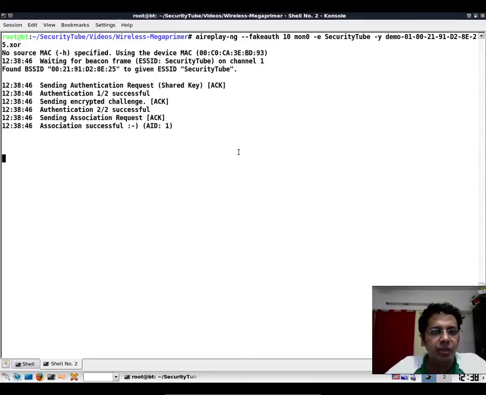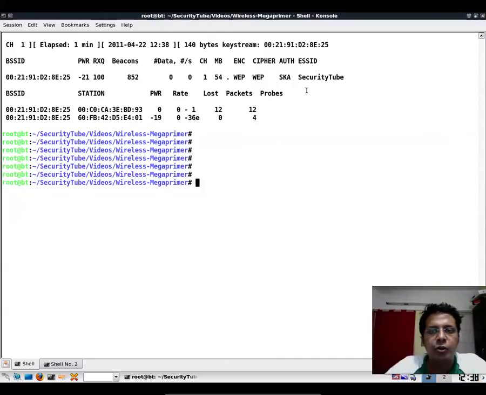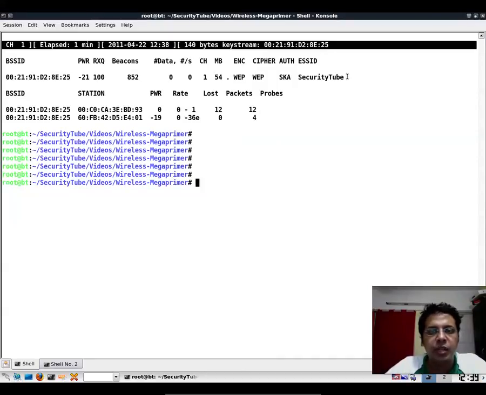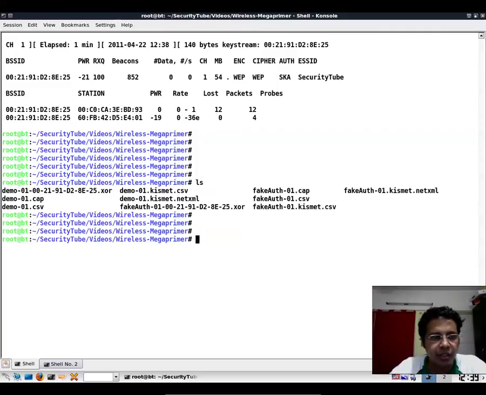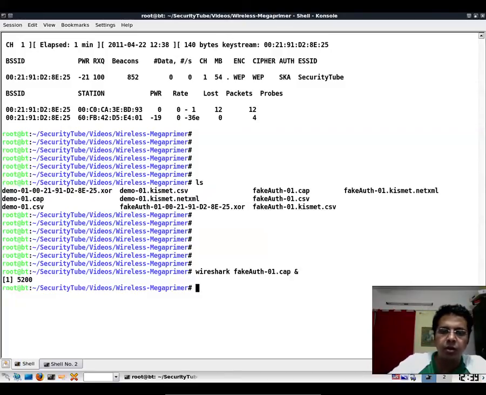Awesome. If you notice, the authentication and association have succeeded, and our friend Airodump has also told us that it was able to figure out the key stream. Why? Because, well, we already have it, but it found it once again over the air, right? And this is where it's once again stored the same key stream, but we can quickly open up Wireshark and look at what our Alpha card had done. So we open up the fake auth.cap file in Wireshark,